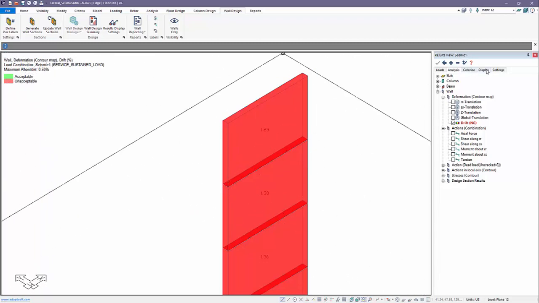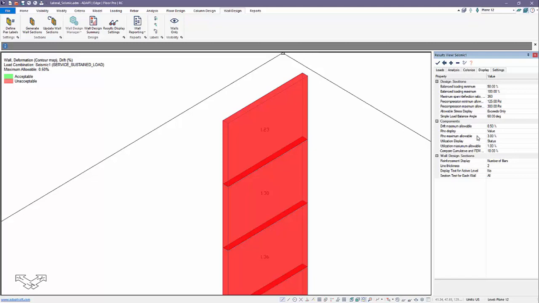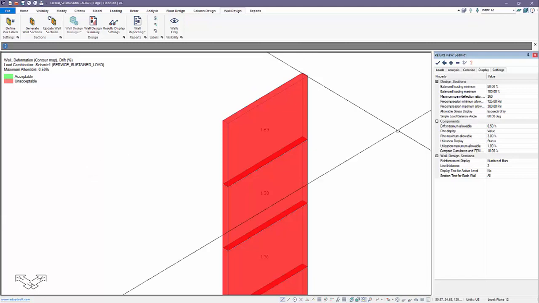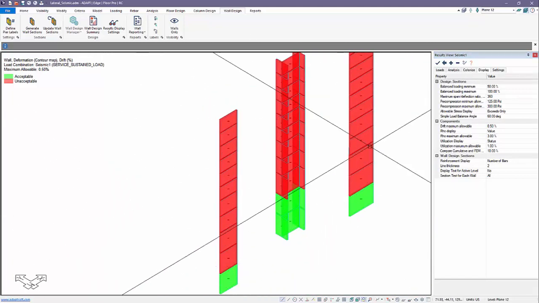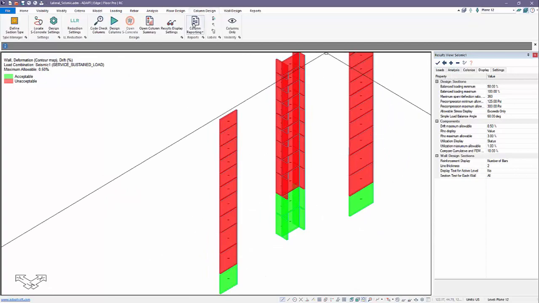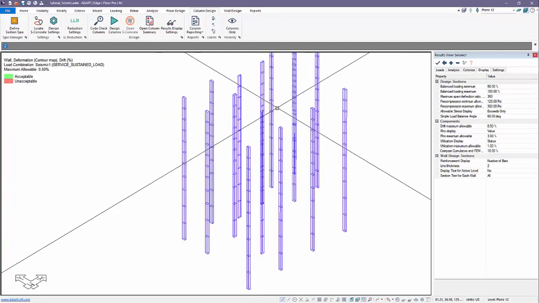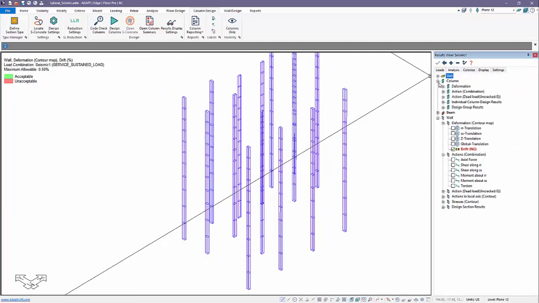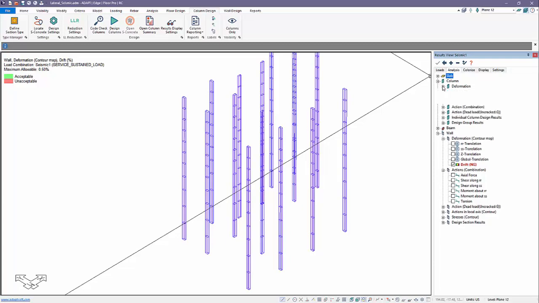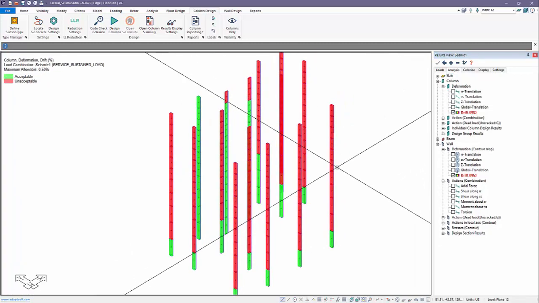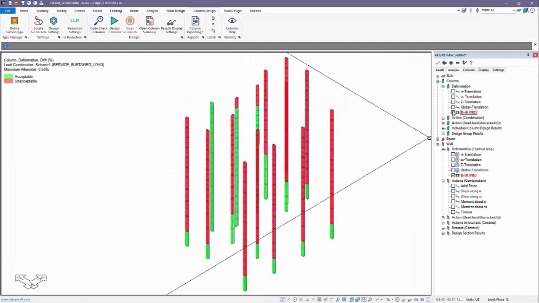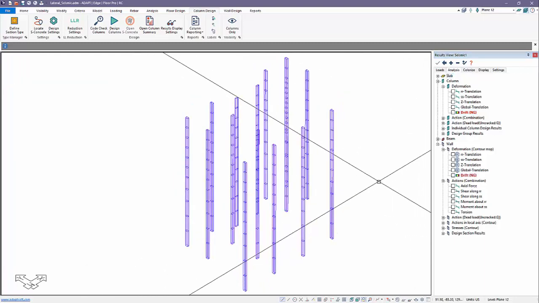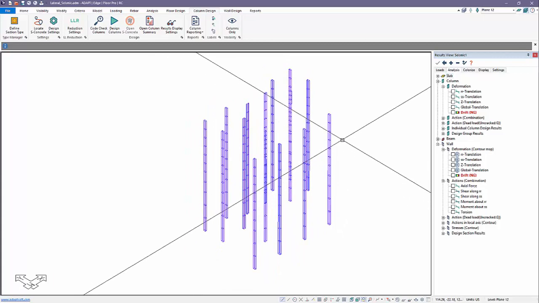And that allowable can be set under display. We have the option here under drift maximum allowable. Okay, so that's where you can code check drift. And the same can be done for columns. If I come back and do columns only, I can switch that and we'll expand columns and look at the drift there also. Okay, so that's just a quick review of just a few of the results you can get using these lateral